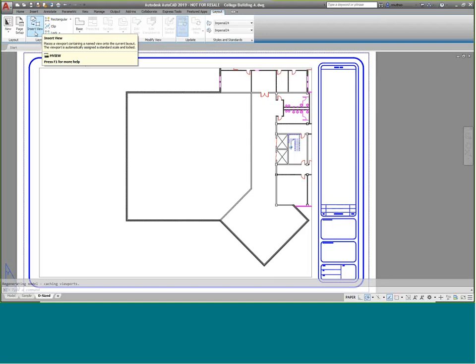It has no arrow at the bottom because there is no named view available, and hence there is no gallery available for it. So I just canceled the command just to show you that there is no gallery,